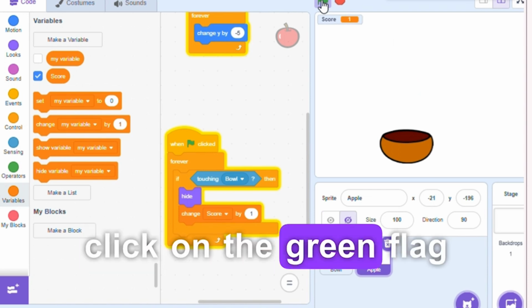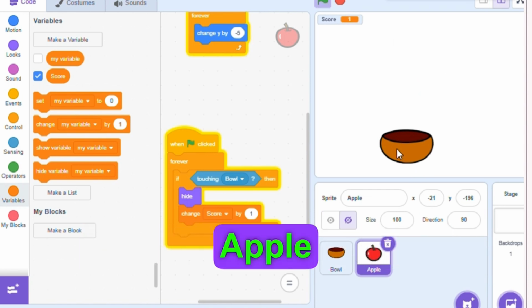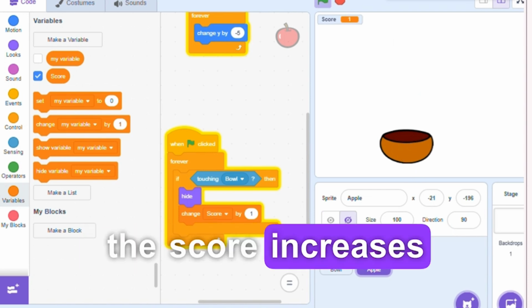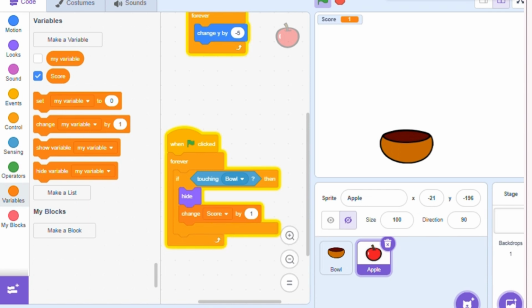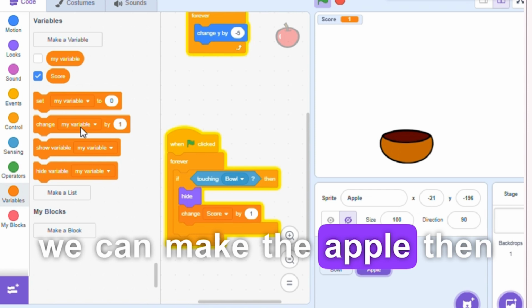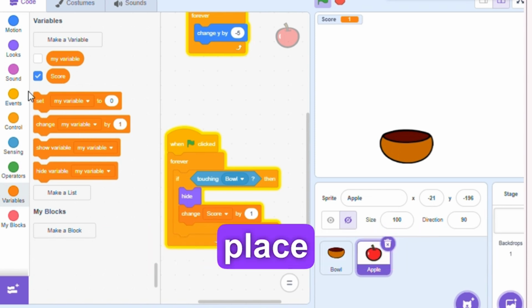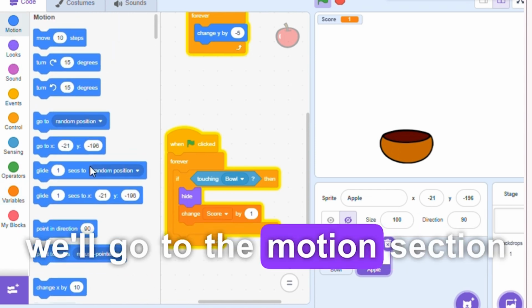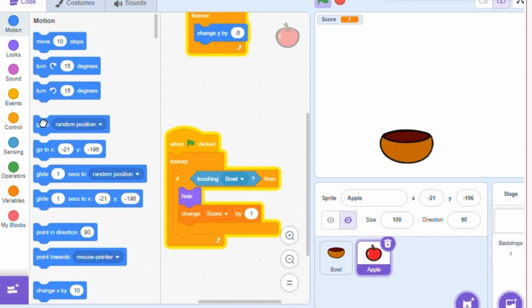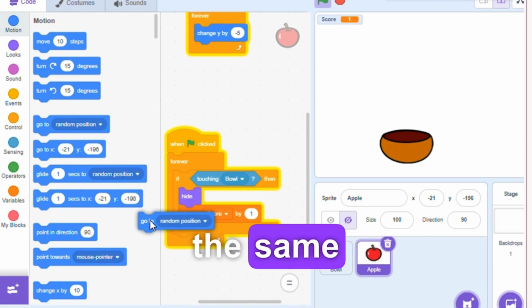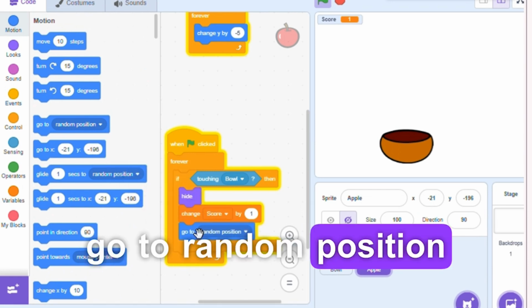So when I click on the green flag, as soon as the apple touches the bowl, the score increases by 1. What else can we do? We can make the apple then go to some random place. Okay, we'll go to the motion section, drag, let's try to add it in the same if block. Go to random position,